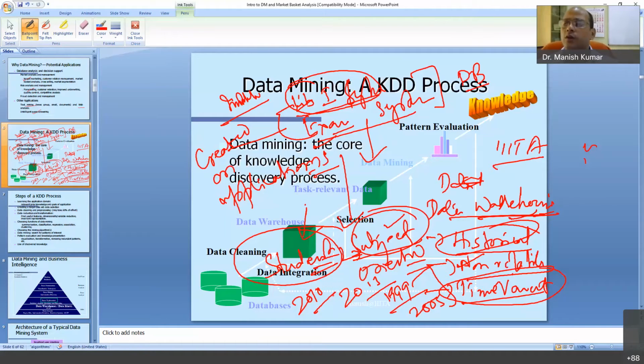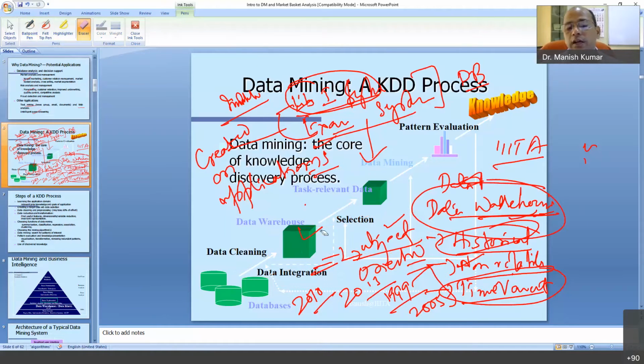So we actually would like to store that information as well. So we actually store information with respect to time also. So that is what we call it. Now the issue with this is that if we